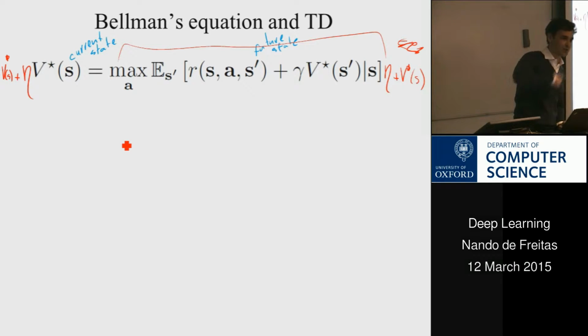In other words, we move in the world, we observe a new state, we update our parameters, we move in the world again, observe the state, update our parameters. So the algorithm will be very much like SGD. From here, I'm not going to assume that we're at optimality, but I'm just going to write the expectation for any value function. So v of s is going to be equal to v of s plus this, the learning rate, times